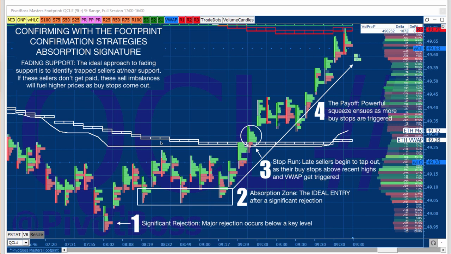Remember the execution process that we talked about before. That execution process is very, very important when you're looking to trigger entries. It's forecasting, visualizing, anticipating what would happen, recognizing that signature, and then executing and managing that trade, right? That execution process is a great process to follow, and this is exactly what helped us in this scenario here. We knew exactly what to do when we saw the rejection, and that's all you need to know. Study your rejection patterns so that you can know them like the back of your hand. When they happen, you'll know exactly what to do.